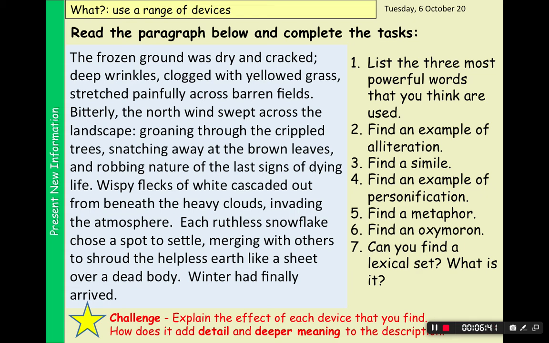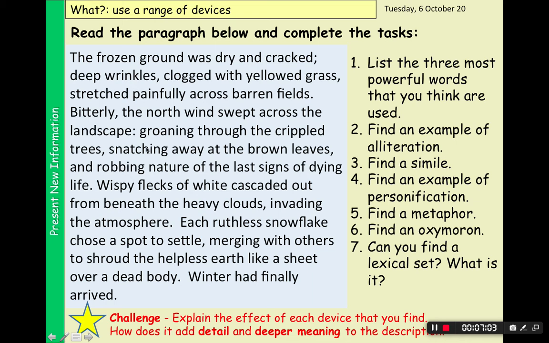Number four, an example of personification. There's lots of personification. Actually, that is the device that this writer seems to use the most. So I like up here, this sentence up here, where they've actually kind of used a repetitive list as well, where they say, groaning through the crippled trees, snatching away at the brown leaves, and robbing nature of the last